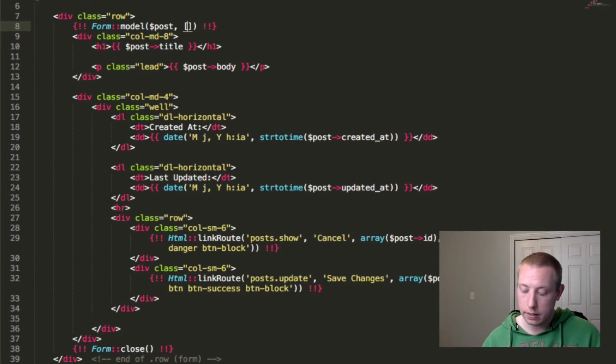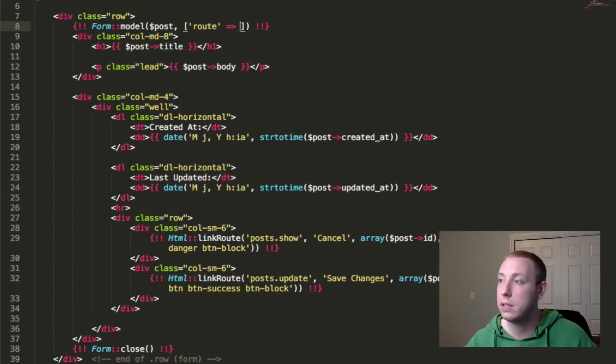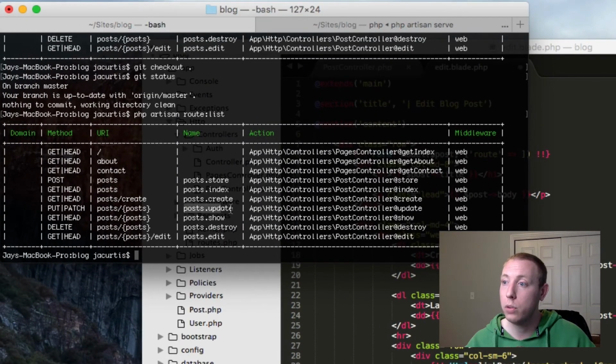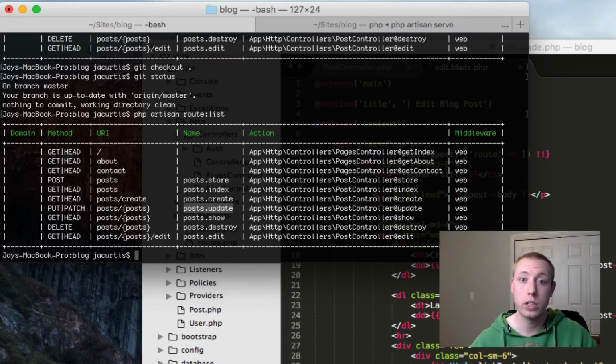So we'll do square brackets, and we're going to say route, and that tells it to link to this route. So when someone submits a form, the action that form submits is to this route that we're setting up right now. So we're going to do route, and then in order to do route, because we've got a special type of route, we're going to be submitting them to the update route. Okay, if I come back over to terminal here, we've got post.update, and that's where we need to go, because this is the form where they're going to make changes, and when they click save, we want to go back and update an existing row in the database instead of creating a new row, which is what our